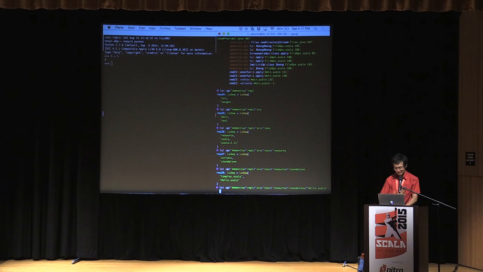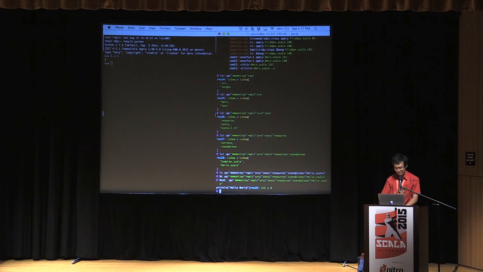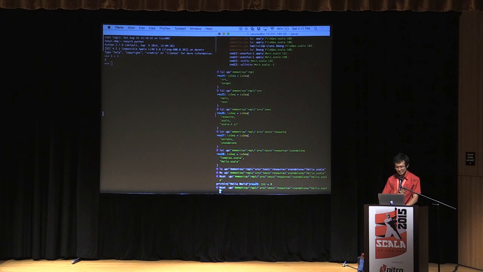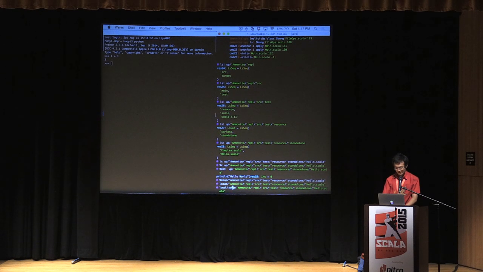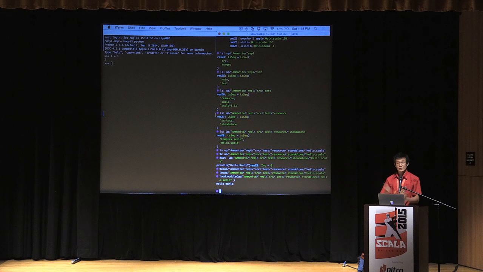So this is a thing. Let's just cat this to take a look. So this is a script that should, in theory, print out hello world. And I should be able to, this is not Ivy, it should be load.module. And then it prints it out.